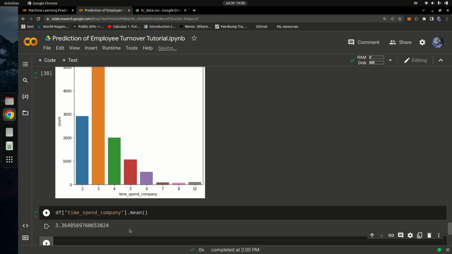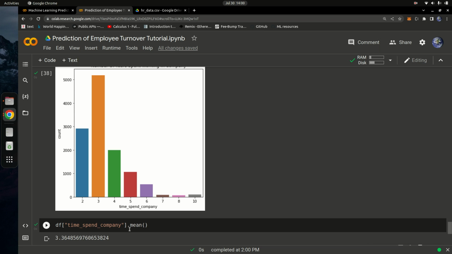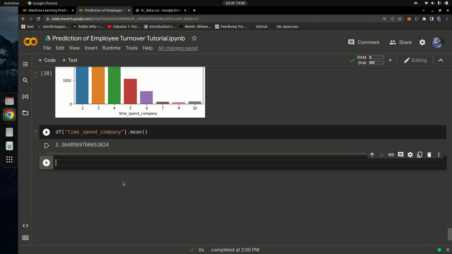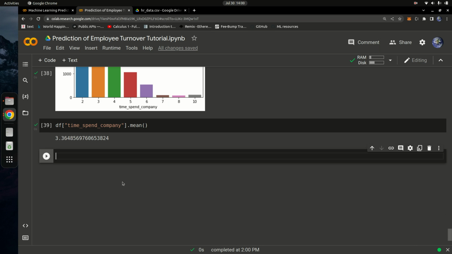Okay, so once we have that, the observation that you can notice is that over 500 employees spent 3 years working in the company right here. Actually, exactly 3 years working in the company. Over 500 people work exactly 3 years in the company, at which point they turn off, right? They leave the company. That's basically it. So once we have that, let's also go ahead and try to analyze which departments the different